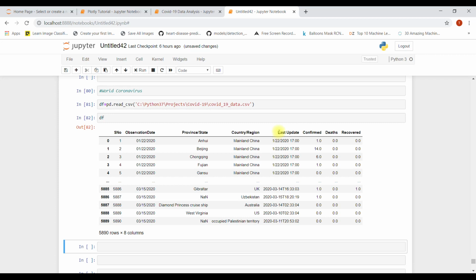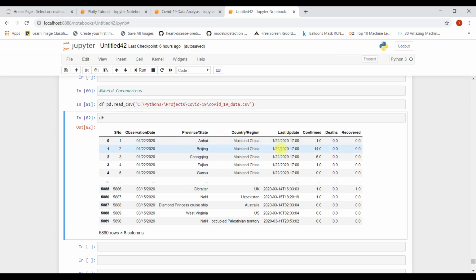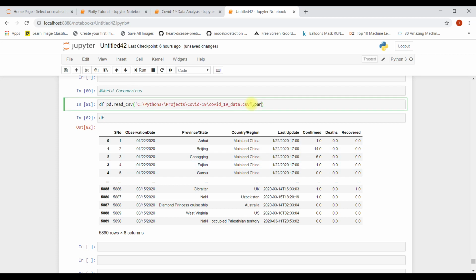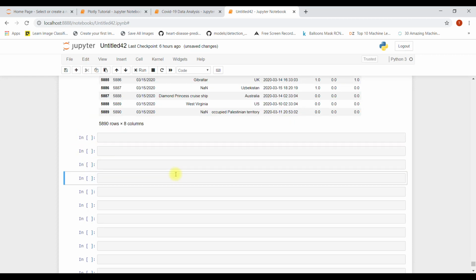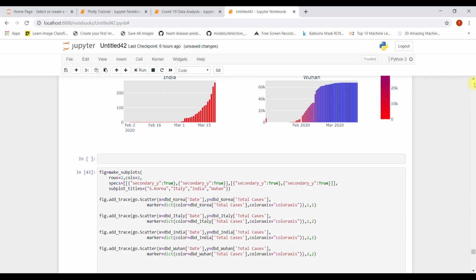Well, look at here, we cannot work with this format. We don't want to work with this format, so we're just going to pass the dates equals to last update. Now see, the date format has been changed. Now, among these countries,